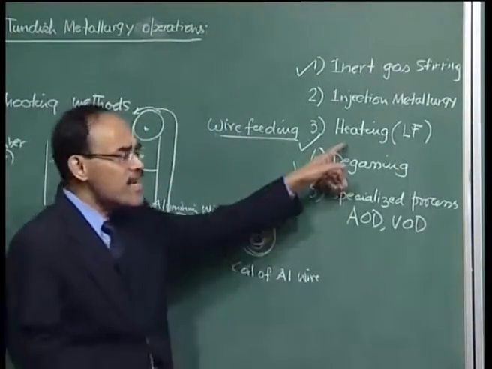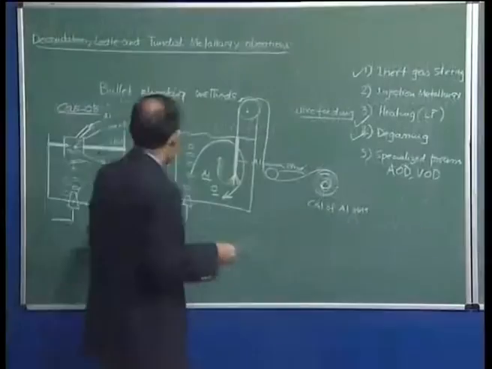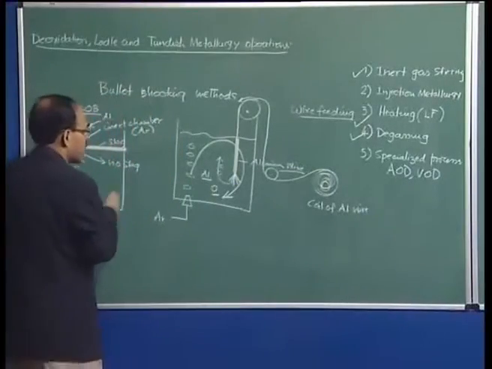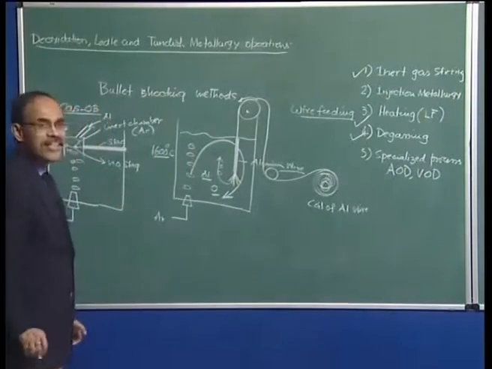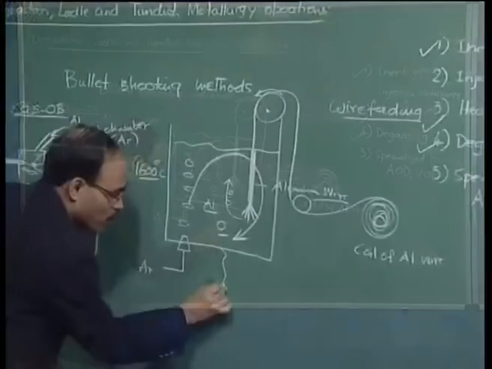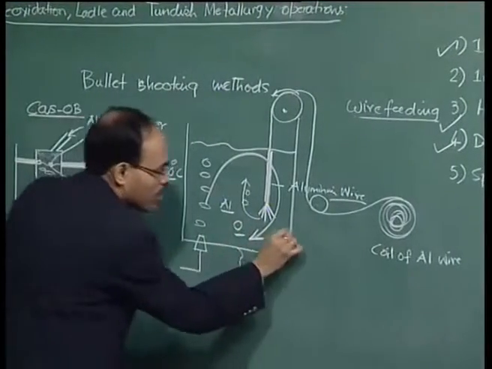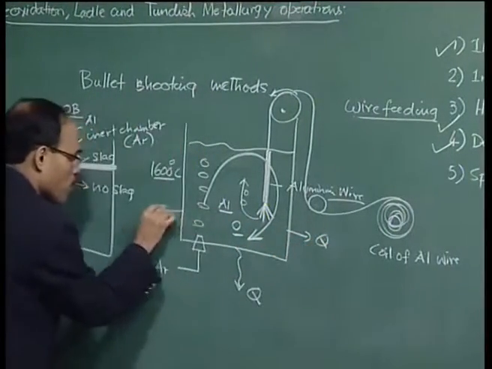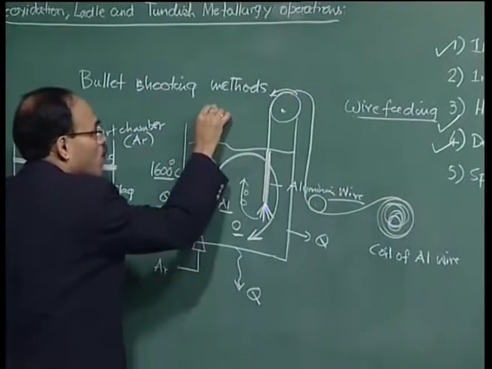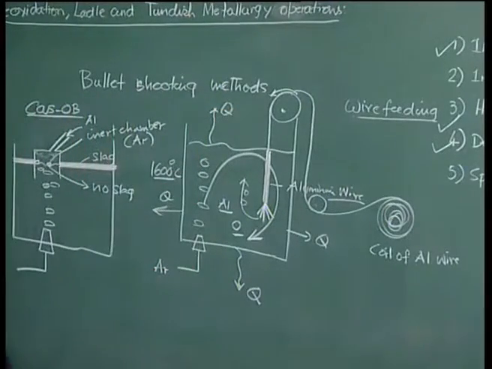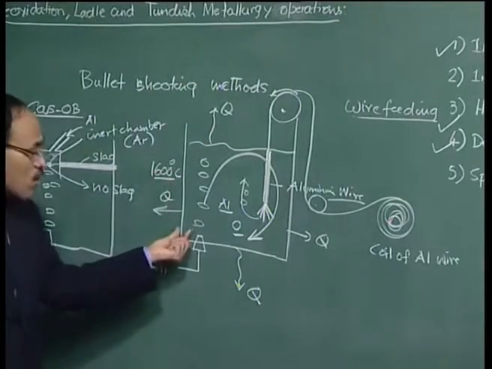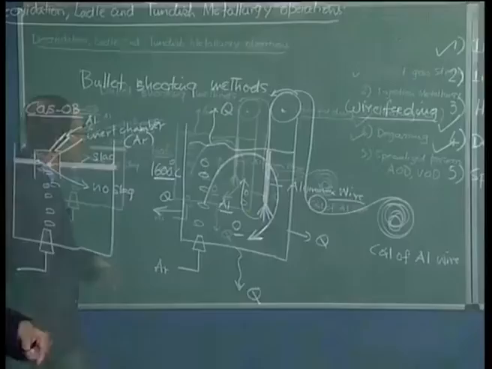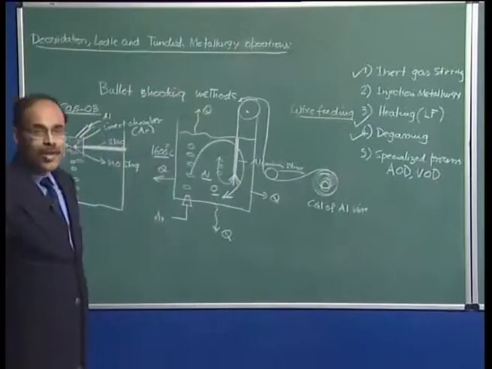Now, why do we need heating? We must understand that we have tapped the molten metal at 1600 degrees centigrade, for example. Now, having tapped the material at 1600 degrees centigrade, a lot of heat is going to be lost through the wall, and possibly a significant amount of heat will be lost to the top surface, because the top surface is a slag cover. These are all refractory covered. So, as a result, we will see a tremendous amount of heat is going to be lost.